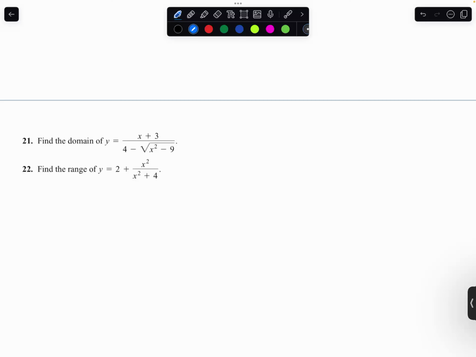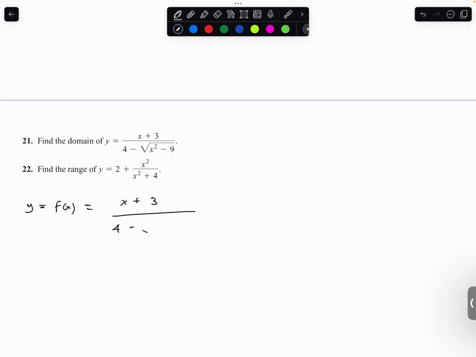Now let's solve the part of the questions where we are supposed to find the domain and the range of a given function. So first, let's start with finding the domain of a function. So we have y equals f of x, which equals x plus 3